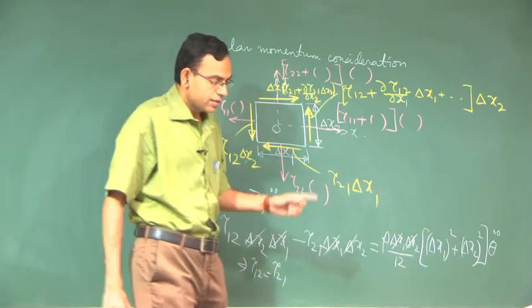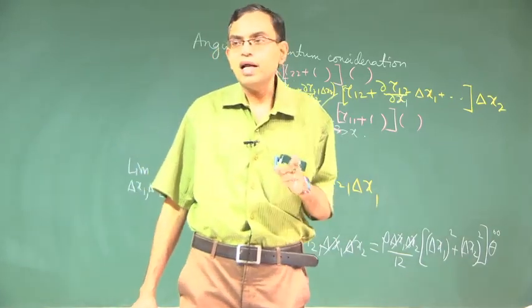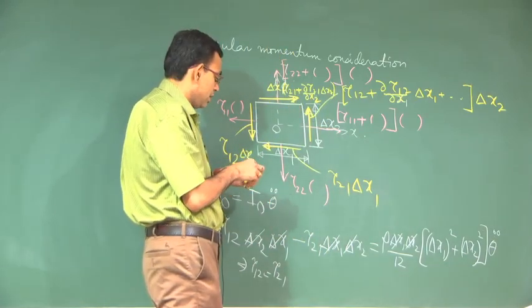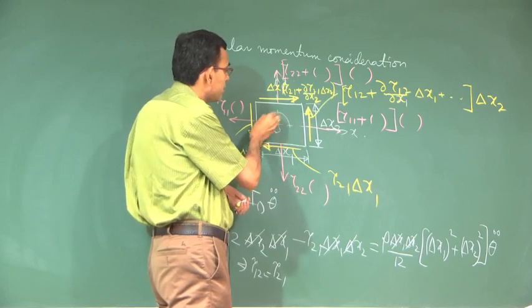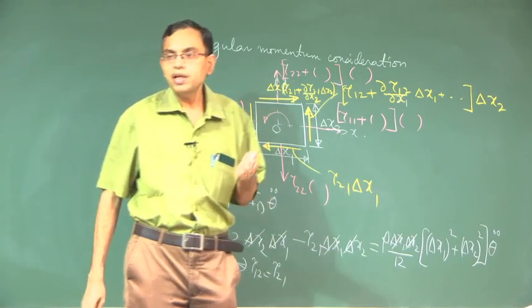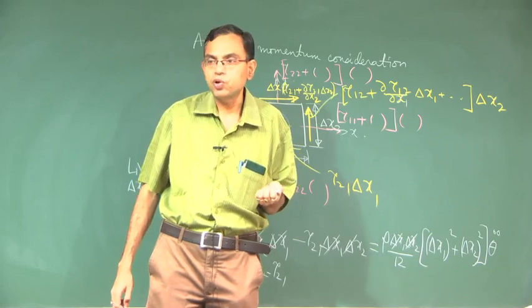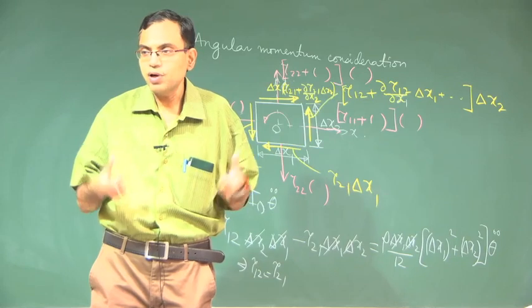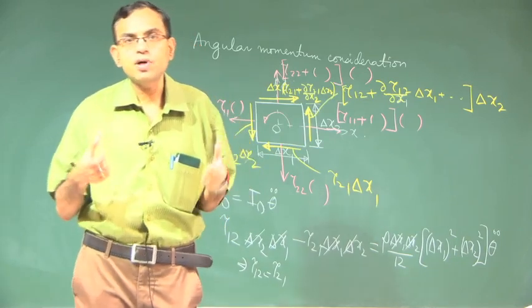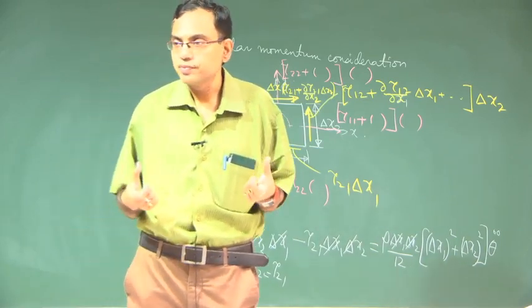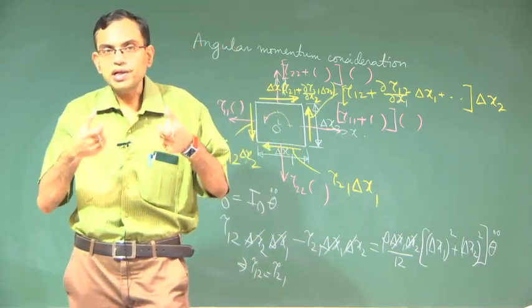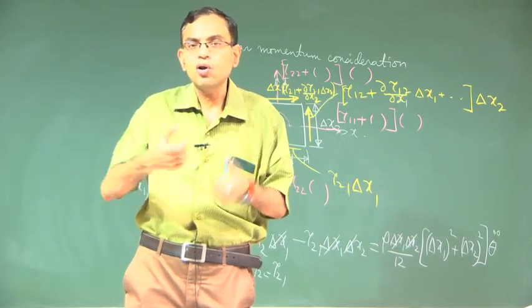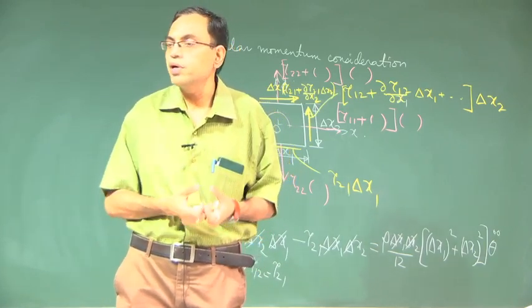Remember that this is pretty common, but there are exceptions. When it could be possible that there is a body couple in the fluid, which normally fluids will not be able to support, but fluids containing rotating particulate matters can support. For example, there are certain types of fluids called micropolar fluids, where you have rotating particulate elements embedded within the fluid, and then such a fluid as a whole can also support or sustain body couple.